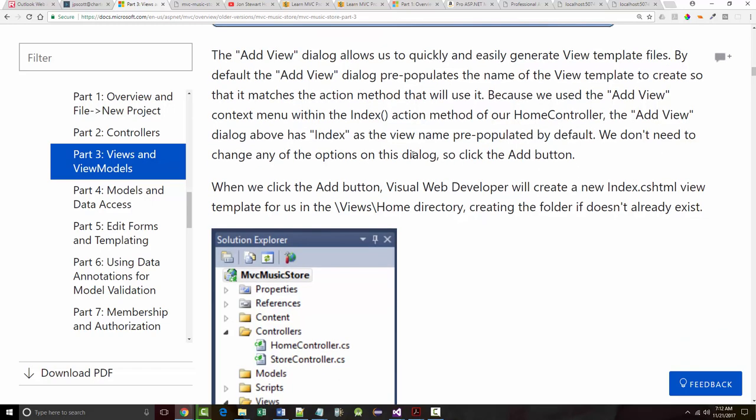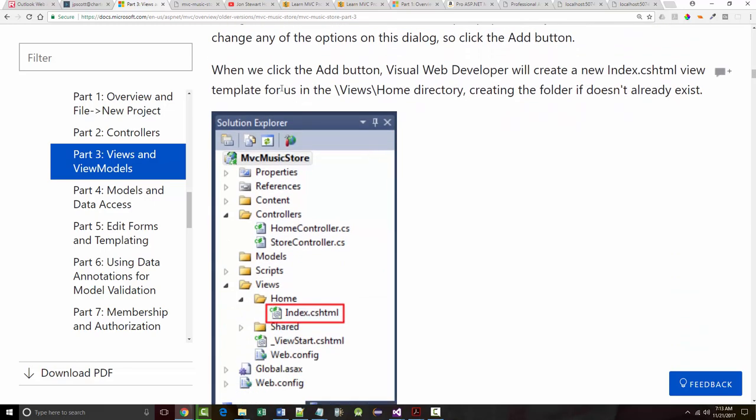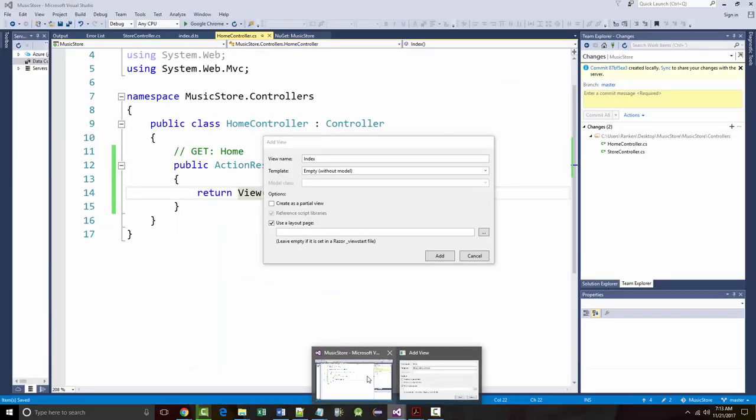Because we used Add View within the index, it's got a name of Index by default. When we click the Add button, which is what we're about to do, it says it will create a new index.cshtml view template under the Home folder. And if we don't have a Home folder, it'll create it for us. So let's look. All right. So if we come back here,